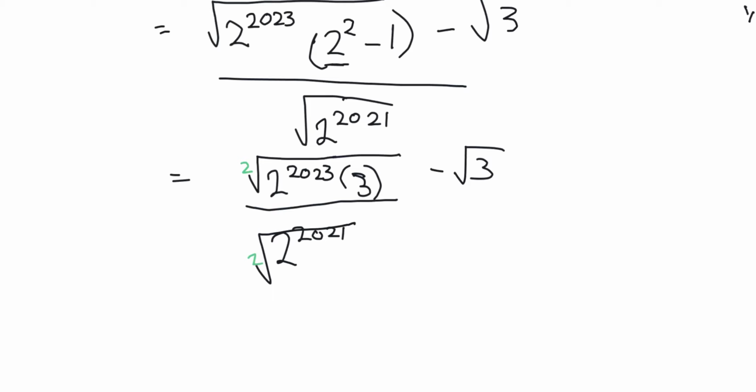What we can do here is write this also under the root. Now this is going to be the same as the root of 2 to the power of 2023 multiplied by the root of 3. Remember, this is the same as within the root. Subtract root 3